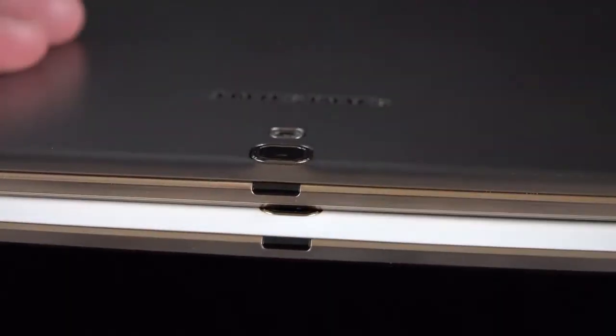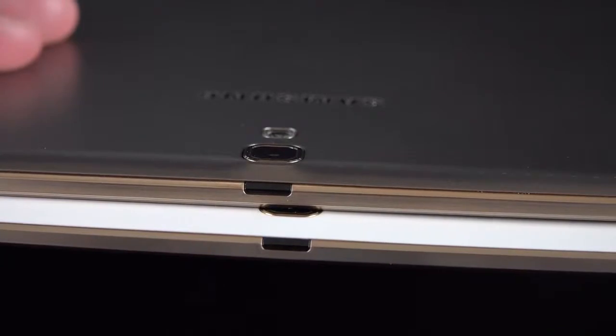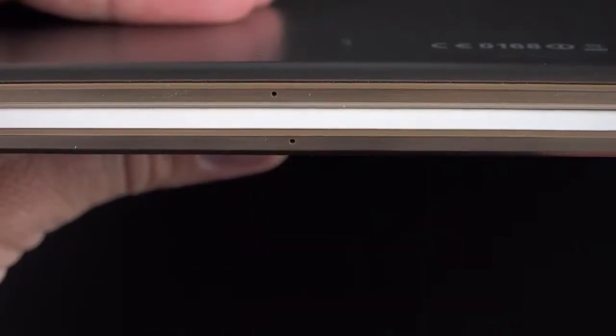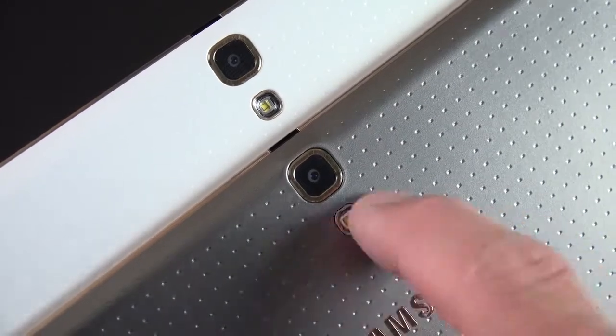Now, toward the top, just above the camera, is an IR LED blaster, which works to control your AV equipment. Of course, they do include an app for that. Now, toward the bottom, you'll find a pinhole microphone, so don't cover that up. Now, on the back, we have an 8 megapixel camera with autofocusing and 1080p HD video, along with an LED